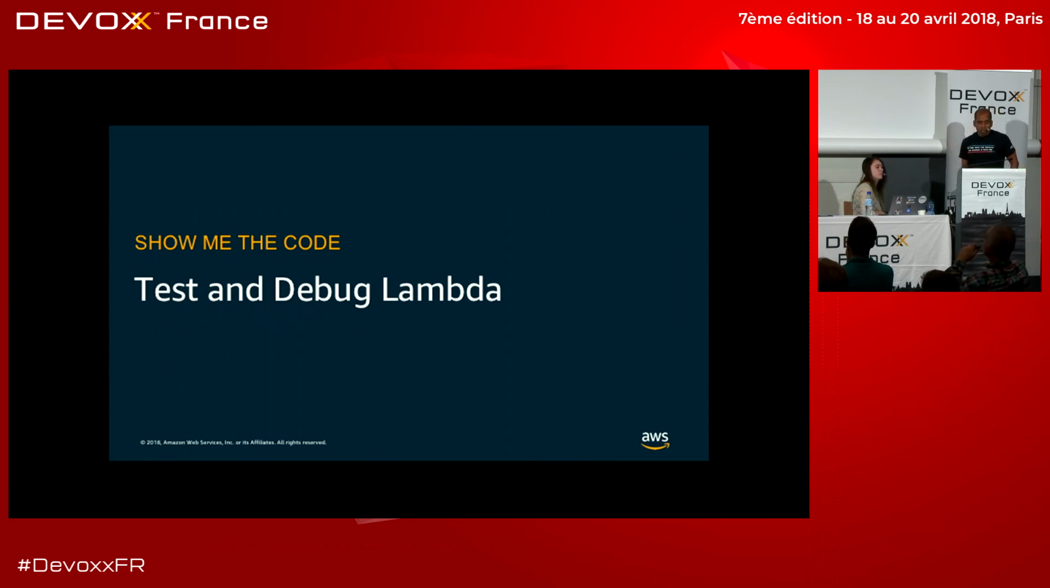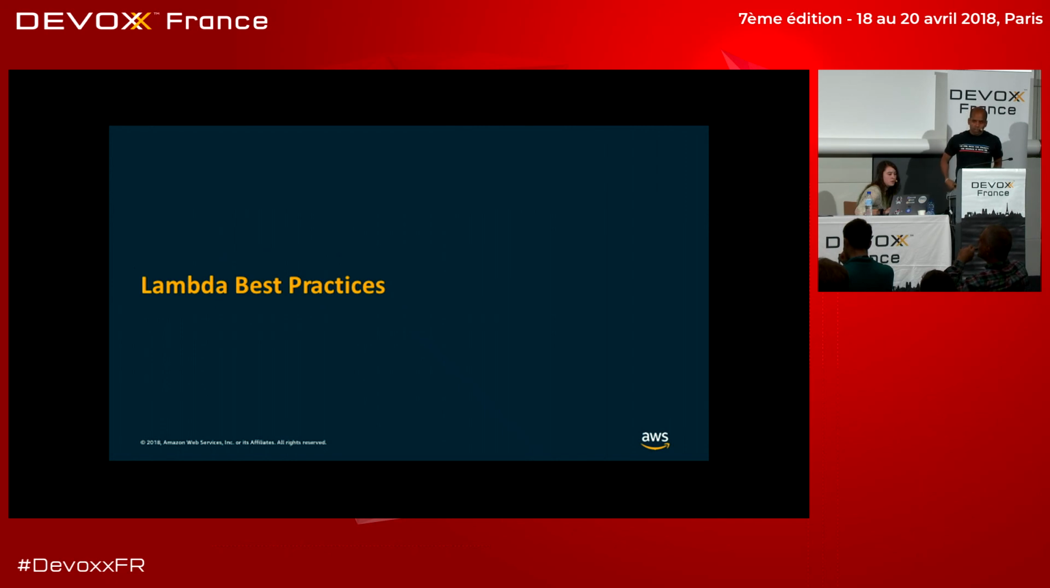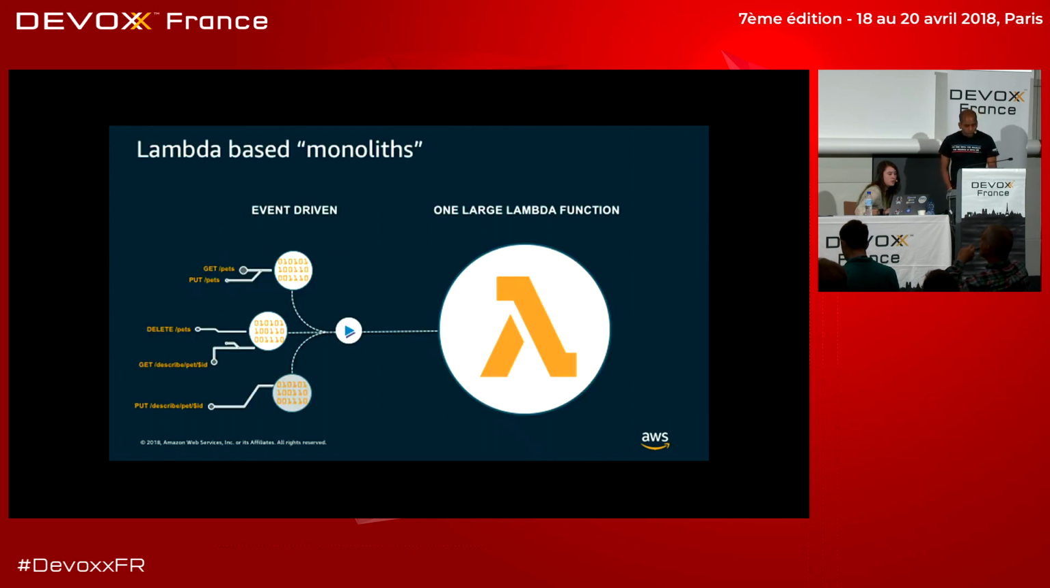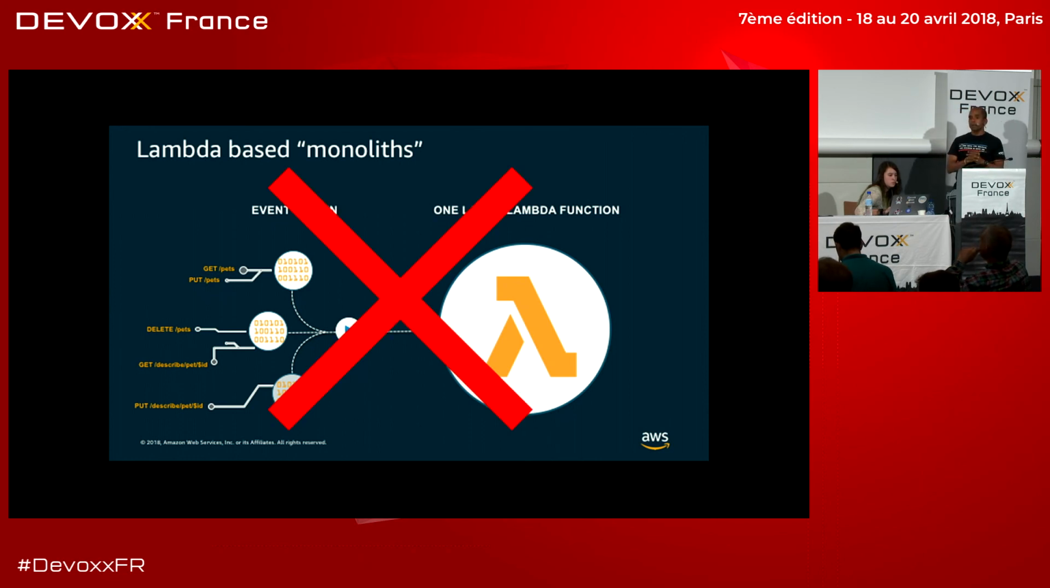All right. Let's take a look at some of my Lambda best practices. Okay. So what we have seen is customers building Lambda-based monoliths. And what that means is they will build one Lambda function that is doing your get, put, post, delete for a variety of resources. So not a recommended pattern. You don't want to build